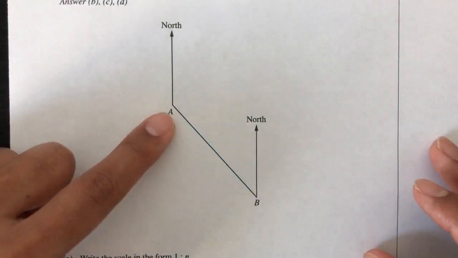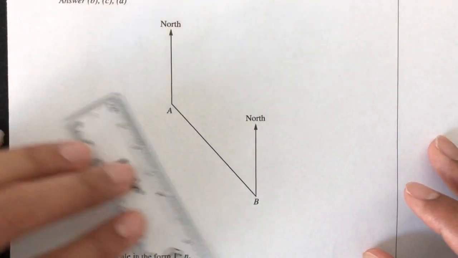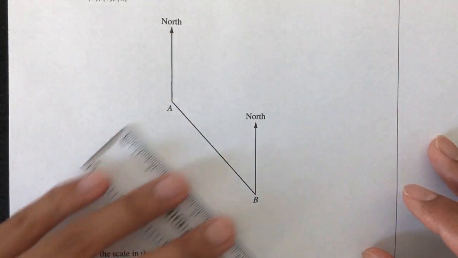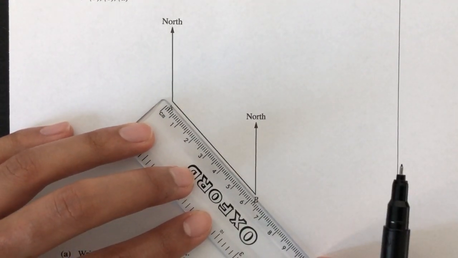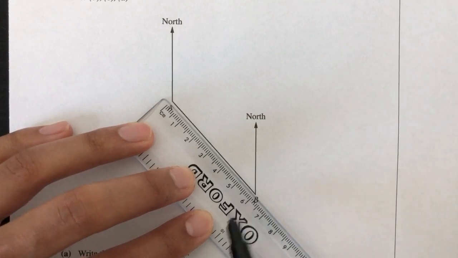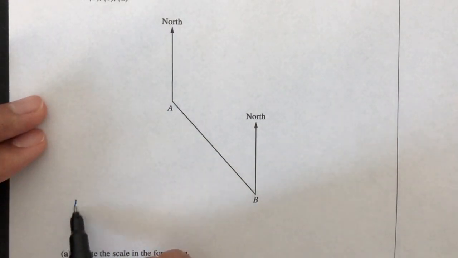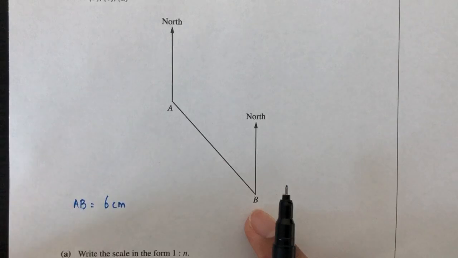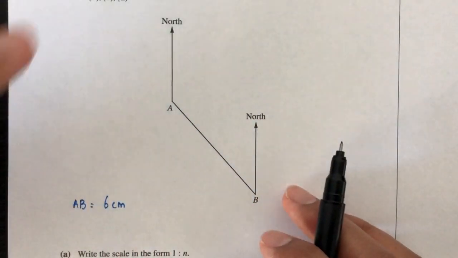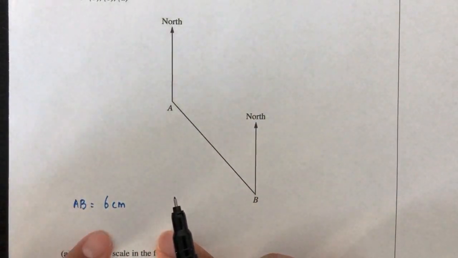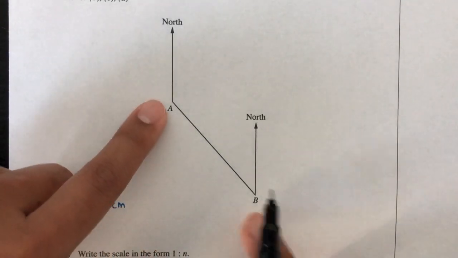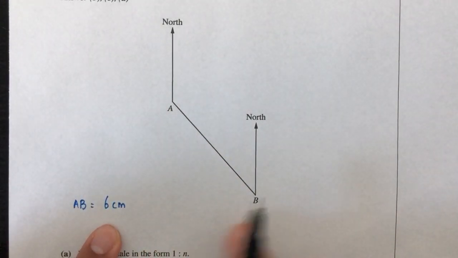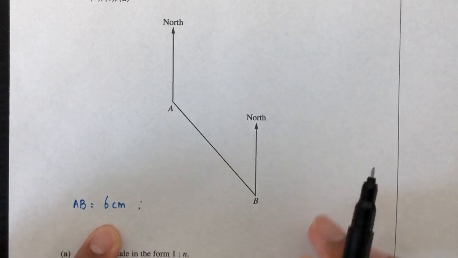So what we have to do is to measure this distance on your graph, and then compare against the 12 meters. So what I have here is 6 centimeters. So for me, AB has 6 centimeters. Your answer may be different because my picture here is a bit zoomed, but that's okay. The method is the same. You first measure A and B. It is 6 centimeters for me, compared with the actual distance of 12